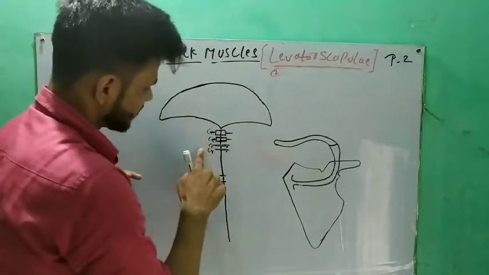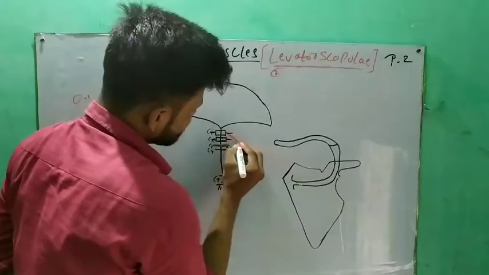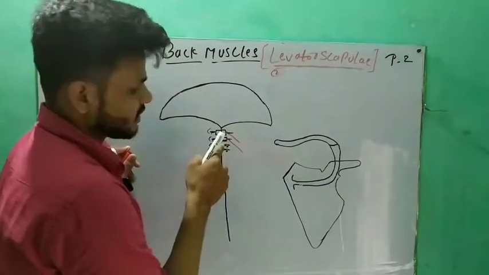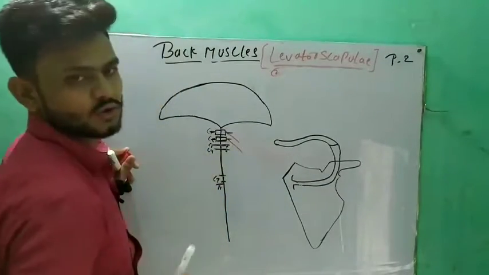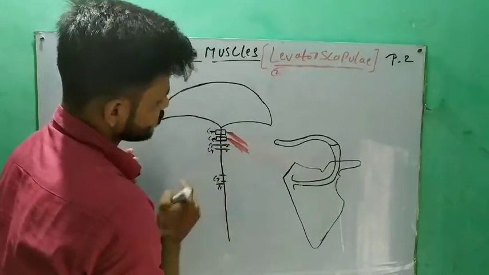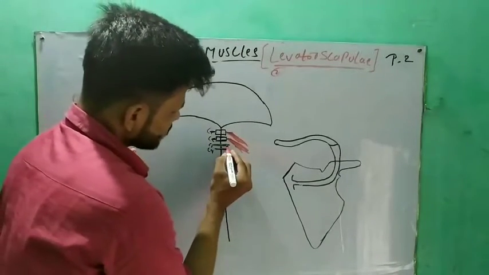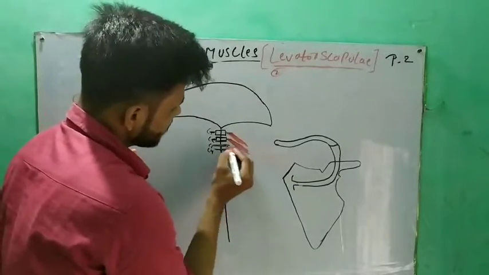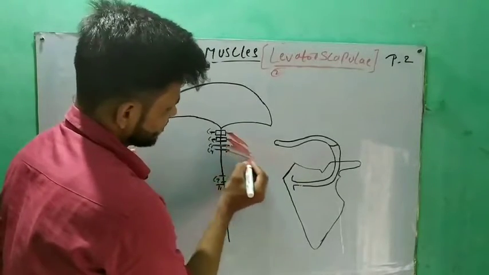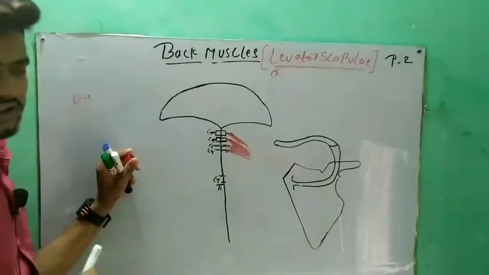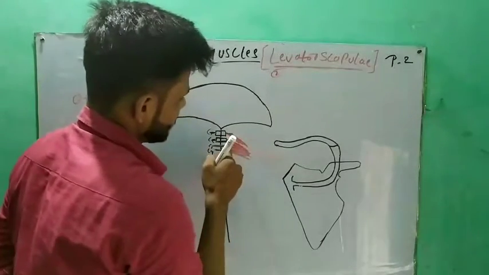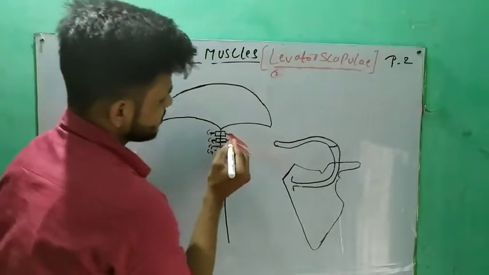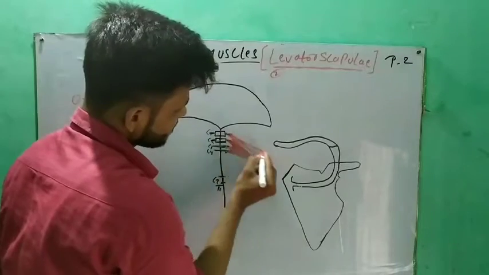अगर हम और डीप थोड़ा सा बात करें तो ट्रांसवर्स प्रोसेस ऑफ द C1 वर्टिब्री, C2 वर्टिब्री एंड posterior tubercle of the transverse process of the C3 and C4. C3 में और C4 में posterior में एक ट्यूबरकल होता है, उस ट्यूबरकल से ओरिजिन होगा लिवेटर स्कैपुली. सो लिवेटर स्कैपुली ओरिजिनेट फ्रॉम द transverse process of C1, C2 and posterior tubercle of the transverse process of the C3 and C4 vertebrae. So this is the origin.